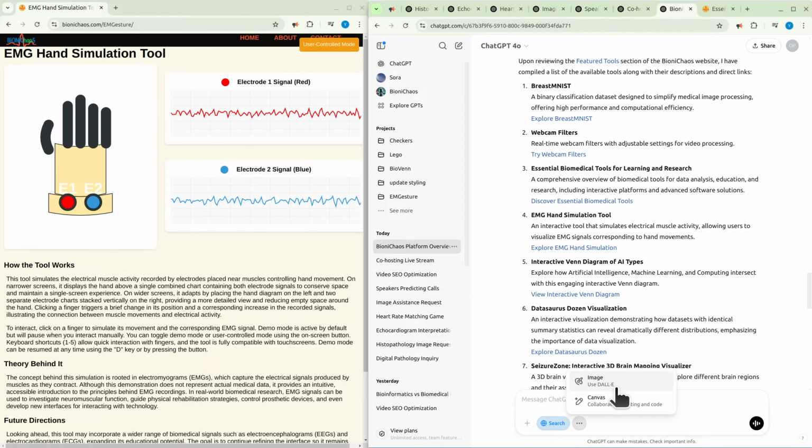The thing about the vision, you can only share a screen with this thing only when you're using the app on the phone, which is also a bit unusual.